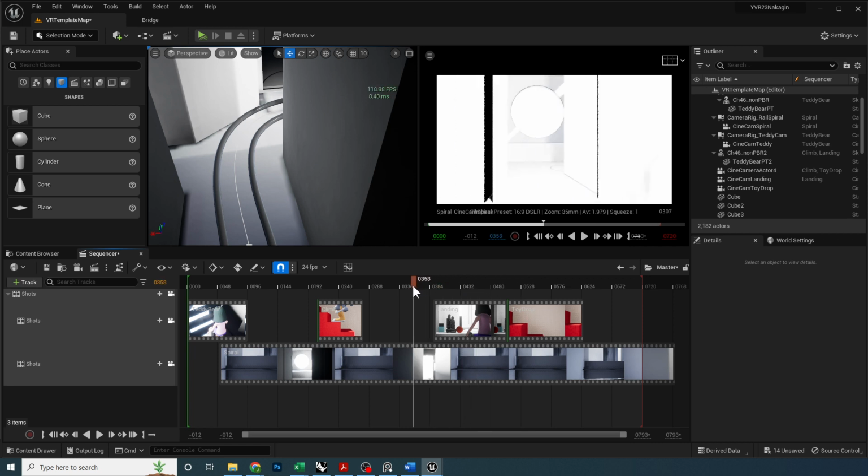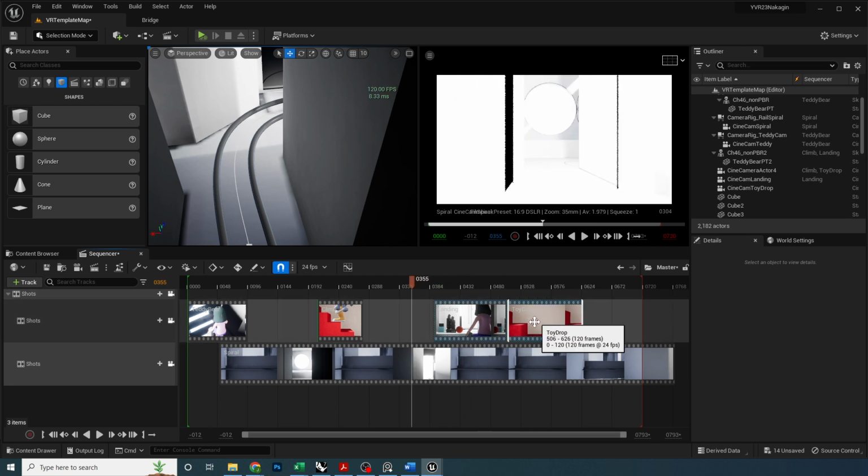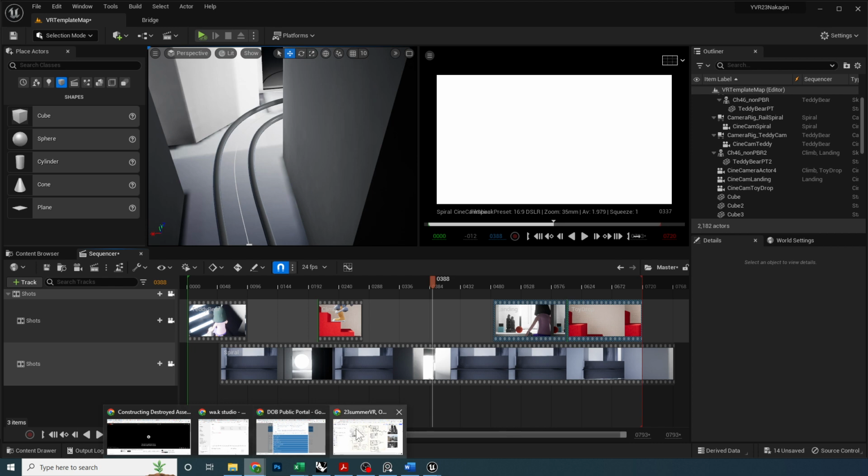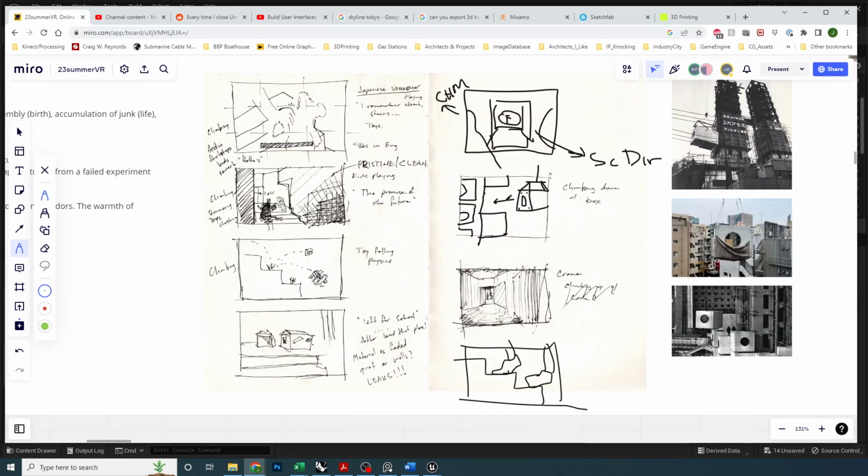There was one other thing I wanted to do. Let's pull this back. I did want to shoot a scene where one of the capsules is being added. So if we look at my storyboard, this frame here is maybe something like this, right? I want to literally take this, except I want to animate it so that